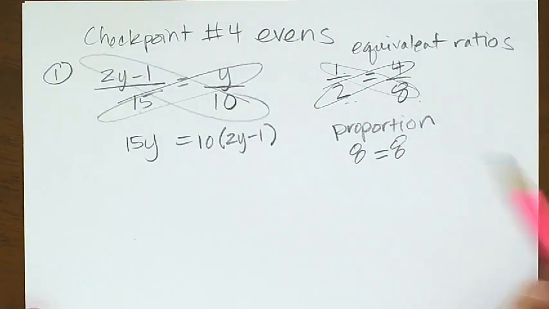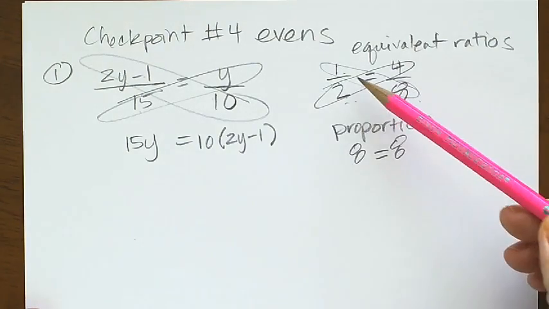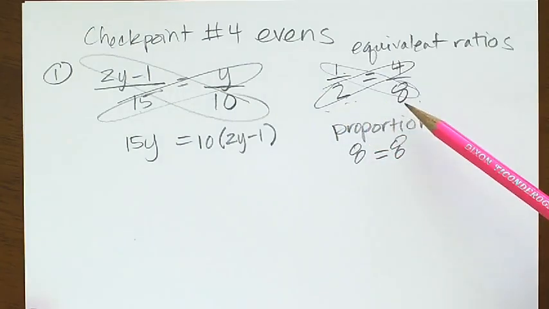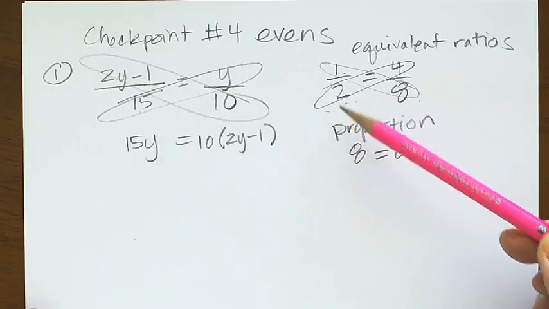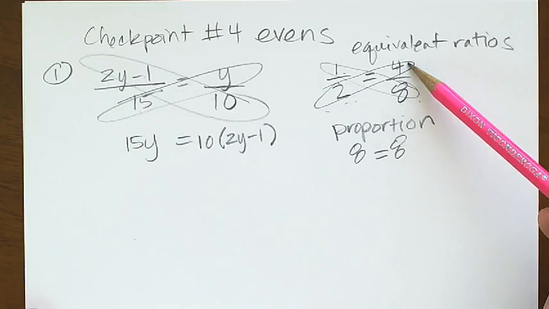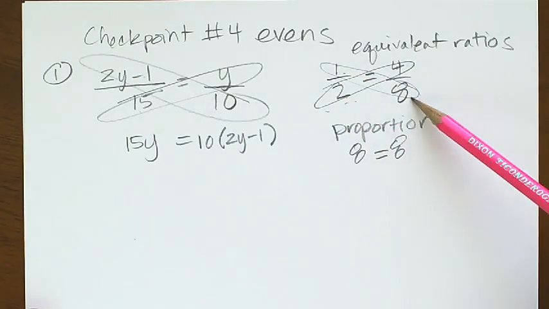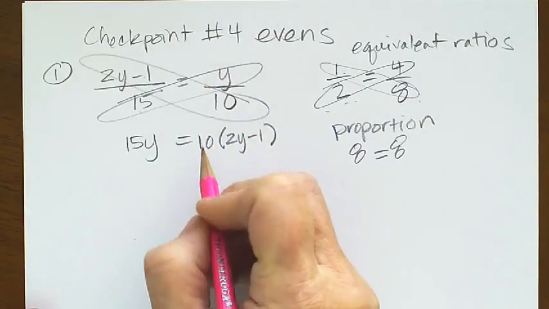So that's not just some random little trick that we do. It's based on the fact that if you have two fractions that are equal to each other, then this numerator multiplied by this denominator is going to be equal to this numerator multiplied by this denominator. Okay, so then we get